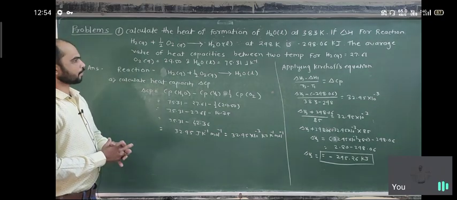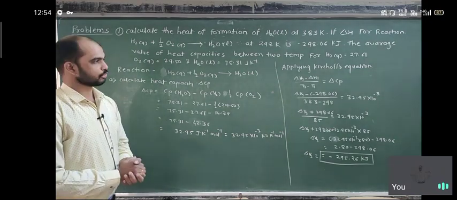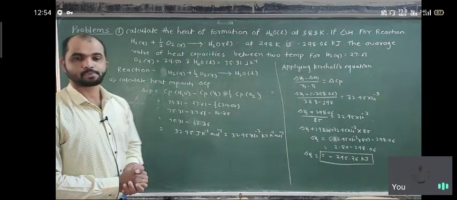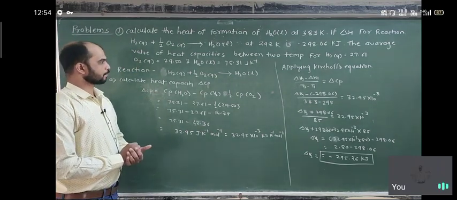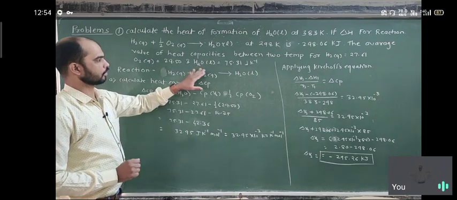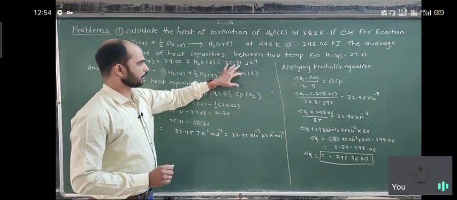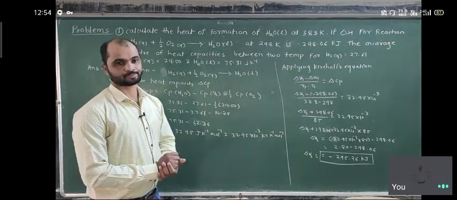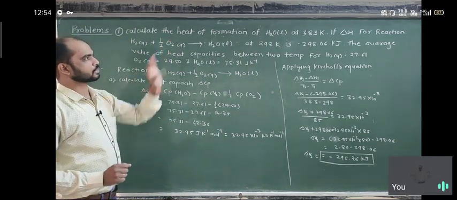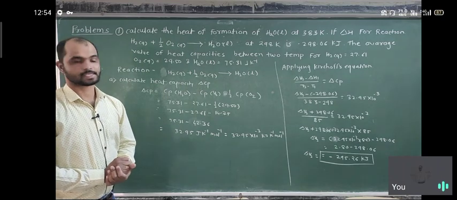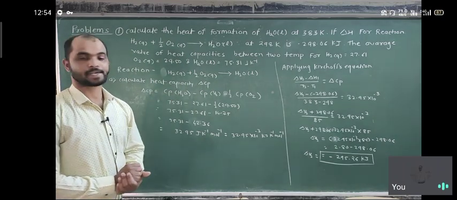The average value of heat capacities between the two temperatures for H2 is 27.61, for O2 it is 29.50, and for H2O it is 75.31 joule per Kelvin. म्हणजे बघा काय विचारलंय की हीट ऑफ फॉर्मेशन ऑफ H2O मॉलिक्यूल काढायचा आहे ॲट टेम्परेचर 383,